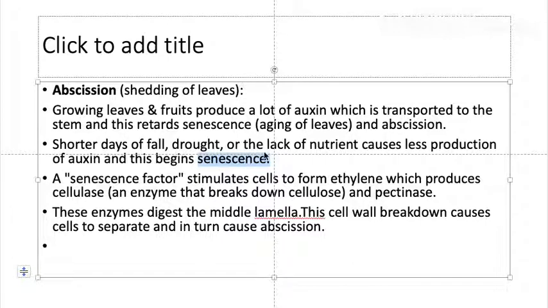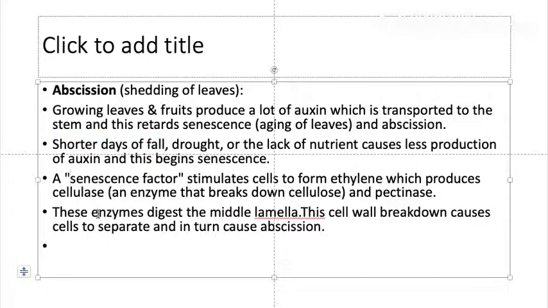Okay, even when a plant has approached autumn, have you seen the autumn season? For me it is the most beautiful season, because at that time the trees are shedding their leaves. So during autumn, the auxin concentration is less, which will result in the shedding of the leaves. Okay, so